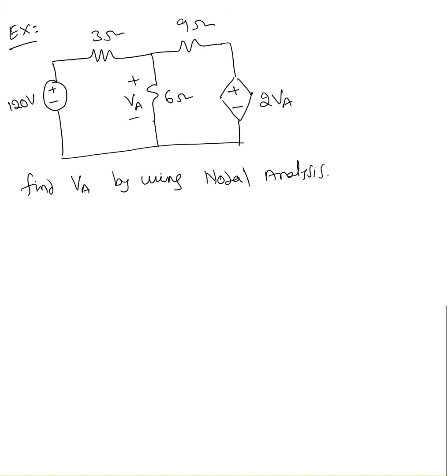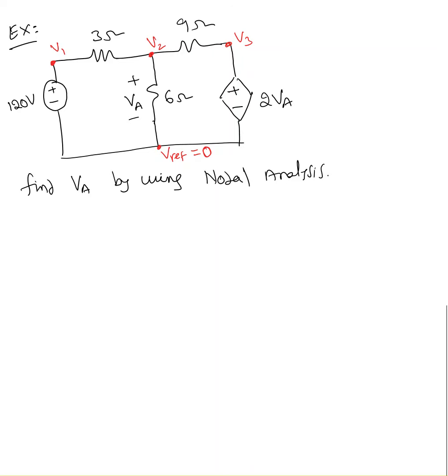What is the first step in nodal analysis? Find all the nodes. Okay, so here is one node V1. Let me label this as V2, V3, and V reference. The next step is we always choose V reference as 0, reference node voltage as 0. So if I know the reference node voltage, nodal analysis is nothing but applying KCL, Kirchhoff's current law,